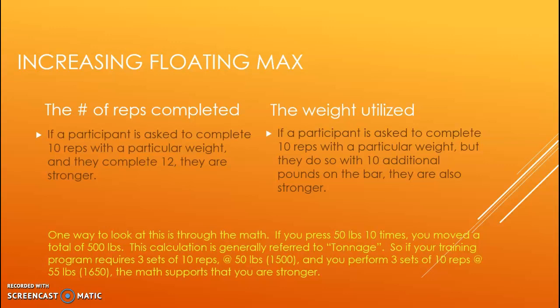And so the way to look at this is through a term called tonnage, and I'll get to this in a second. Tonnage is just a mathematical calculation of how much weight you actually move, right? So you got 50 pounds and you move it 10 times. Well, if you go 50 pounds 10 times, that's 500 pounds. So a set of 10 with 50-pound dumbbells will actually be moving 500 pounds over time. That's a lot of work if you think back to our work versus power equation.